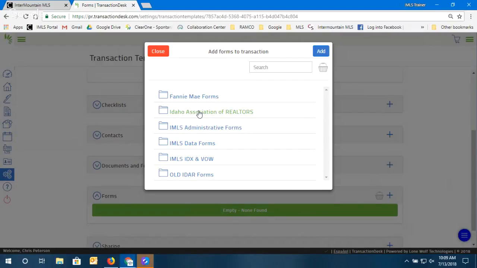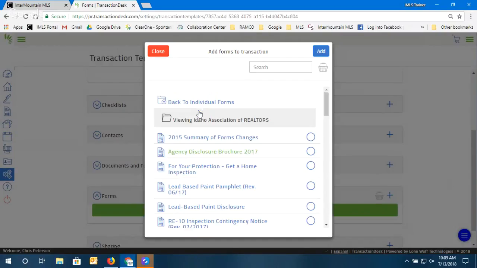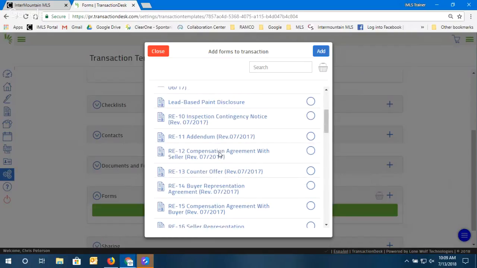We want to go to the Idaho Association of Realtors. And then we would select the forms that you would use for the buyer. For our purposes today, we definitely want to have an RE21. That's the purchase and sale agreement. And probably an RE14, the buyer rep agreement. But if you were really creating this to use, you would put any form you could potentially use for the buyer in here. Because you don't want to have to come back later and find a form that you forgot to